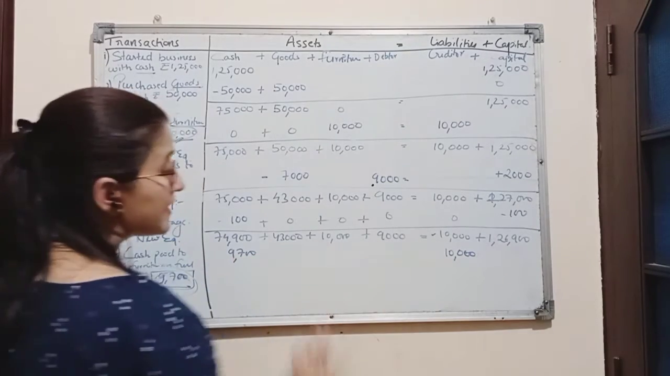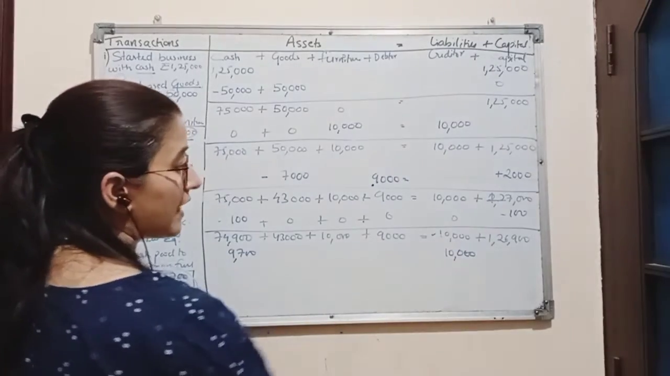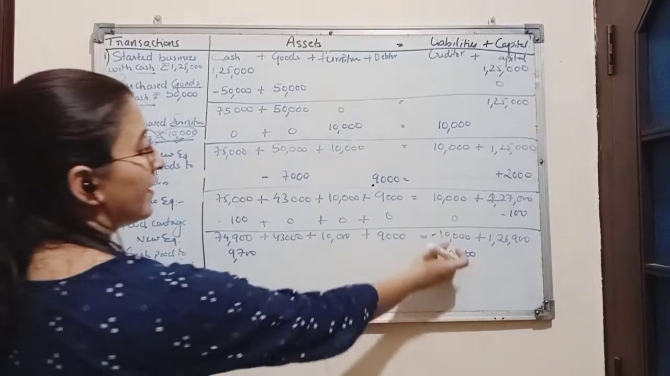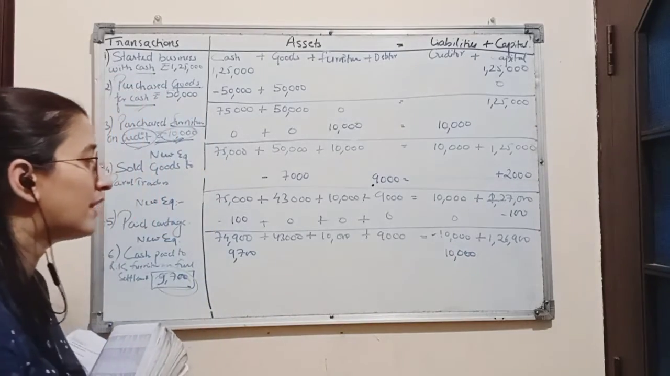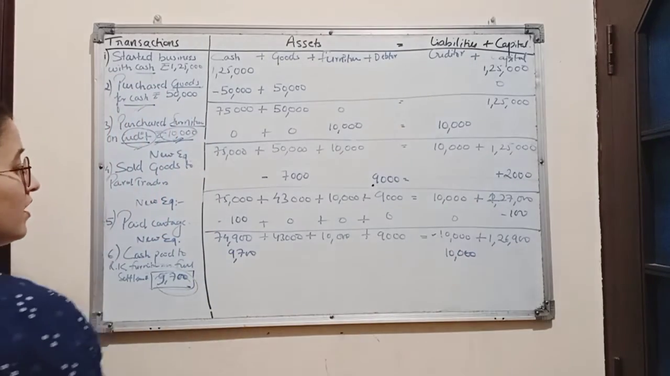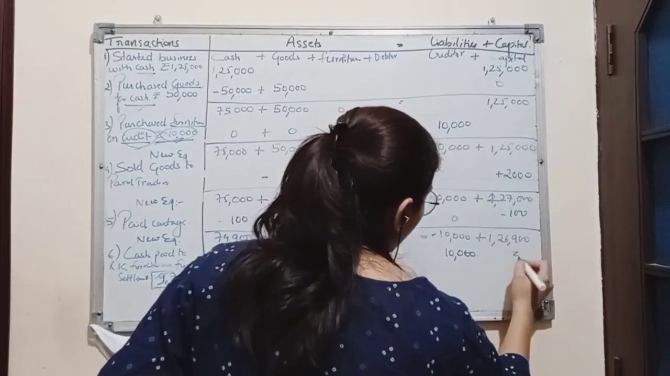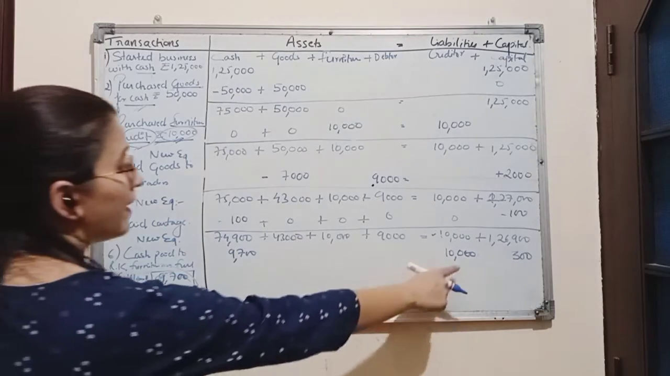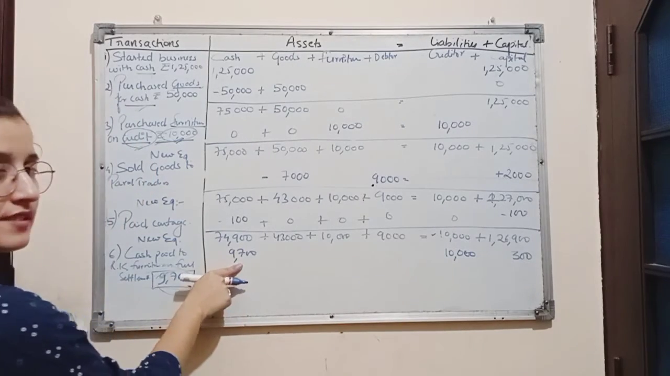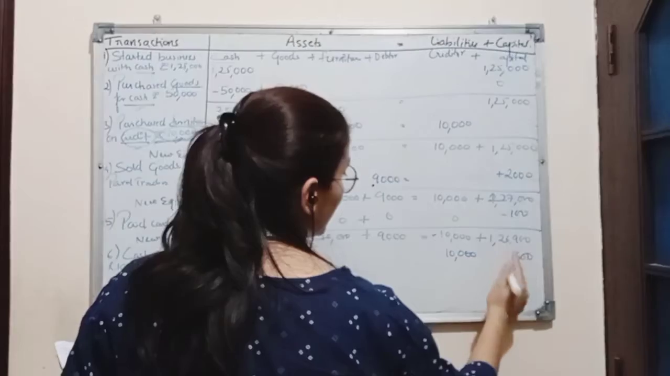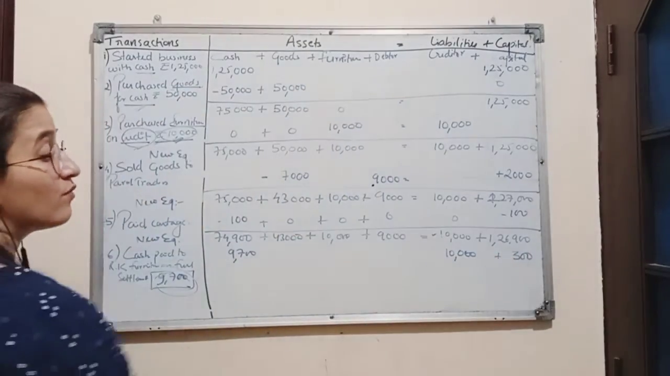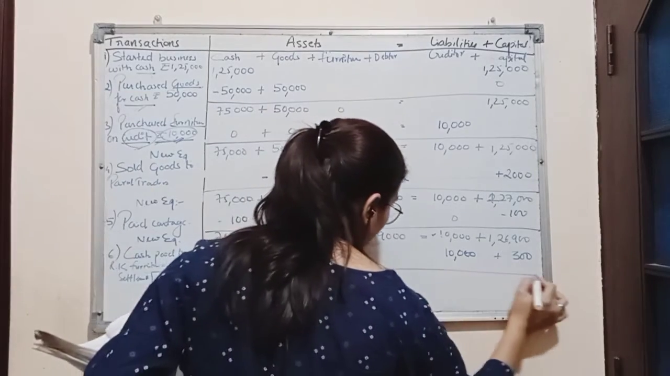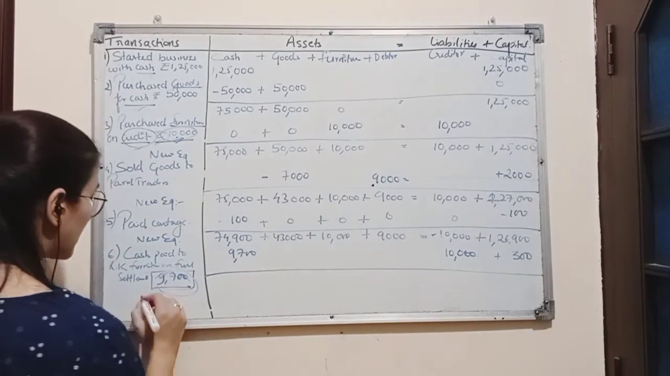Here we have gained some amount. We have to pay 10,000 and we have just paid 9,700 because our creditor has agreed to receive only 9,700. So we have gained the amount of rupees 300, which will be added to the capital. So by solving these transactions, we will get a new equation